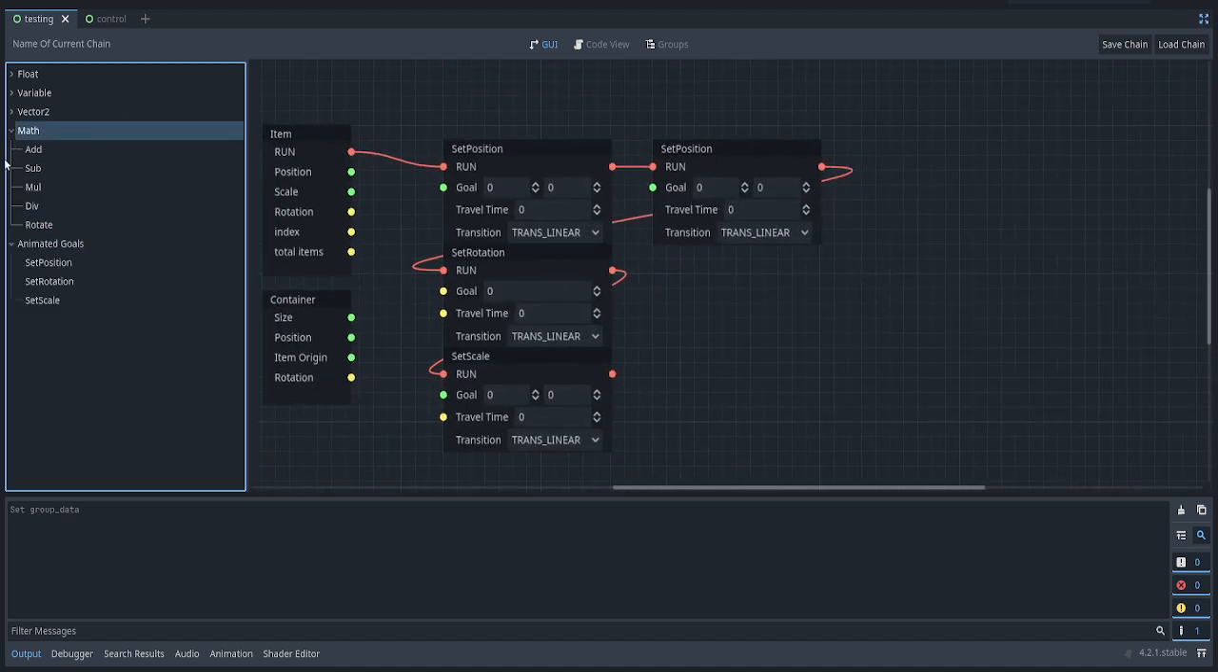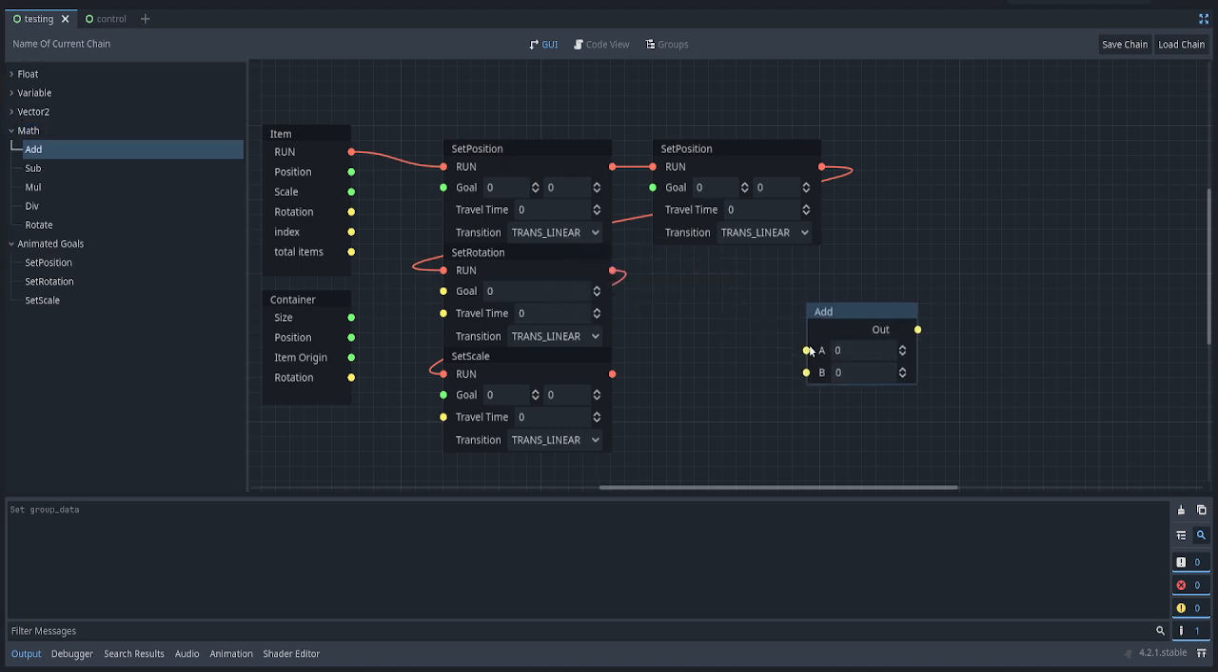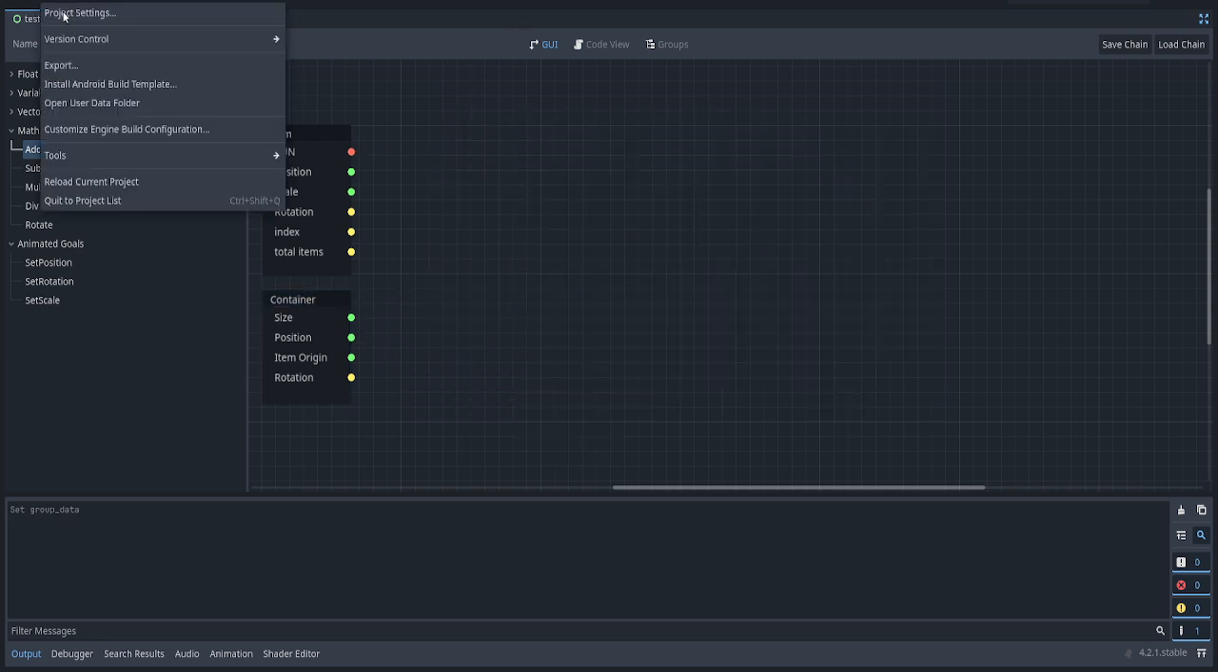We have math, which accepts vectors and floats in. As you can see, it changes type the moment I connect it to a vector. And a vector can be connected to a float where it'll just use the first value, aka the x as the float. And to show off some other stuff,